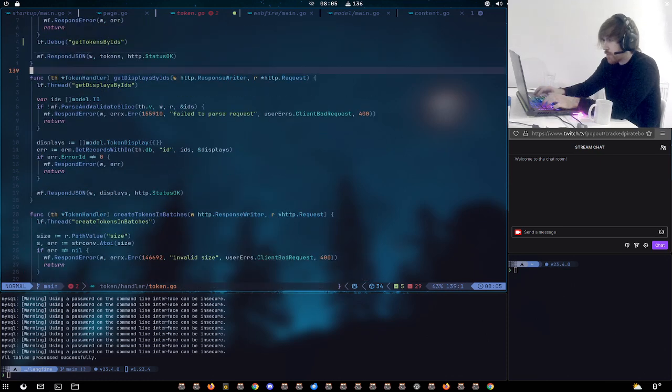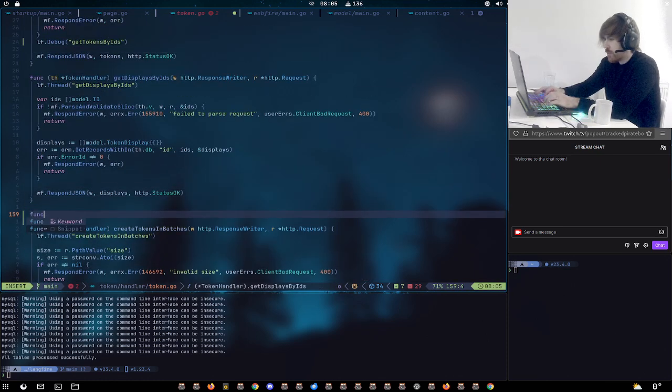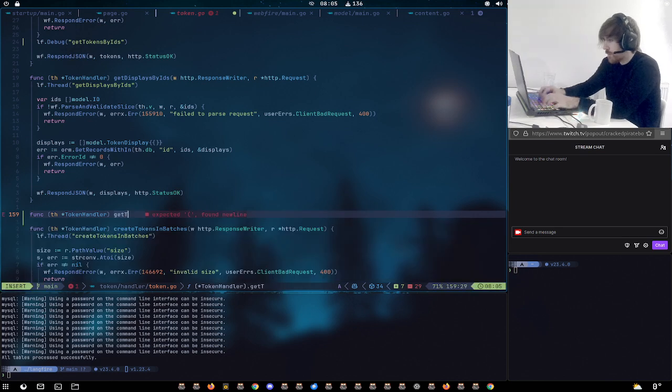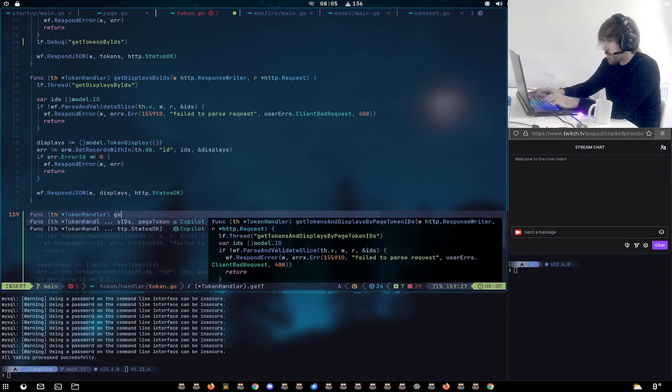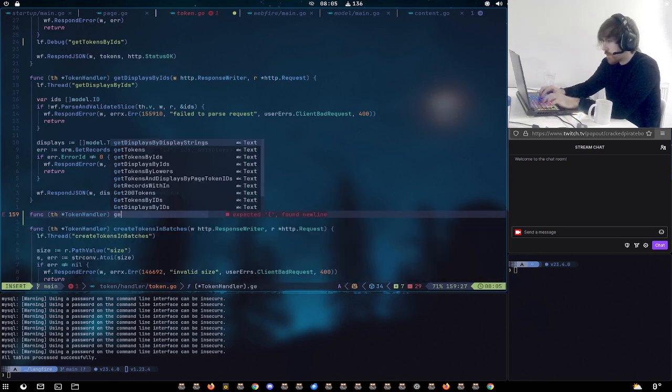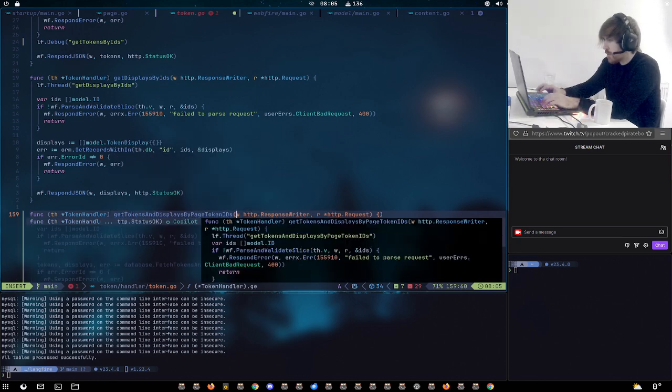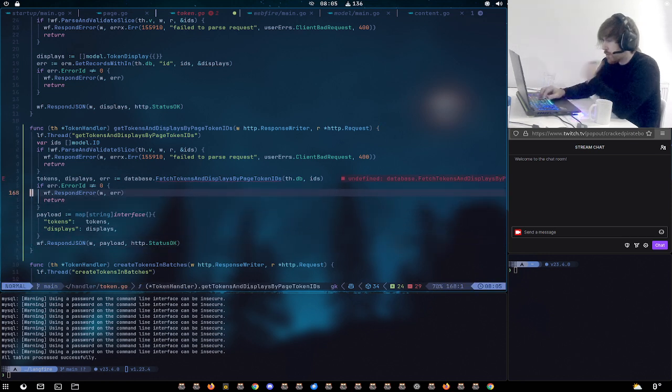This is a create, so it's here. Copilot should know. Magic. We'll start typing. Get. Oh, there was an option there. That one. Oh, I was trying to do the whole one. So